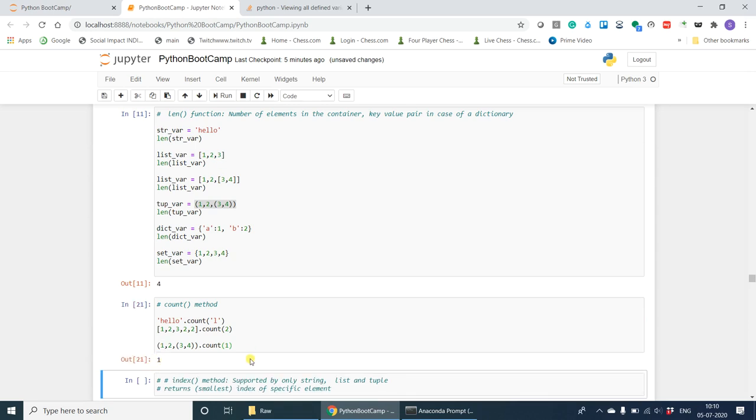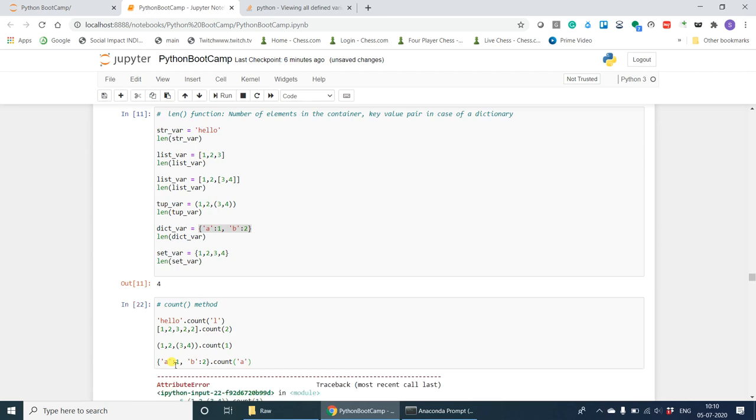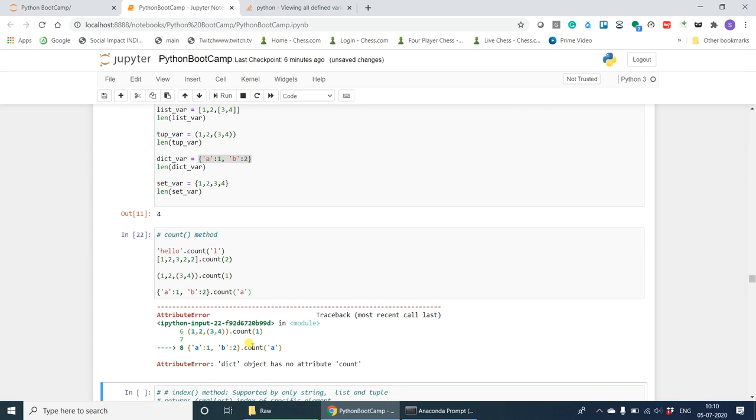Please note that dictionary and set do not support count. So if you try to use it, it will throw an error. I'll show you quickly. So suppose you have this dictionary and then you say dot count and say anything. Say you want to see how many times a or 1 has been there. It will simply say attribute error, that dictionary object has no attribute count. Similarly, it will show the same error if you use the count method on the set. Okay,